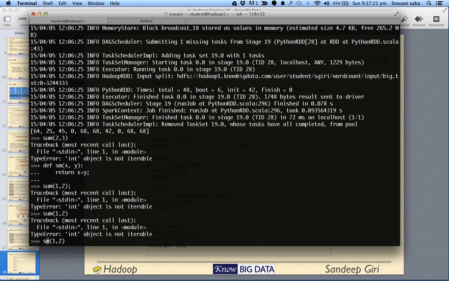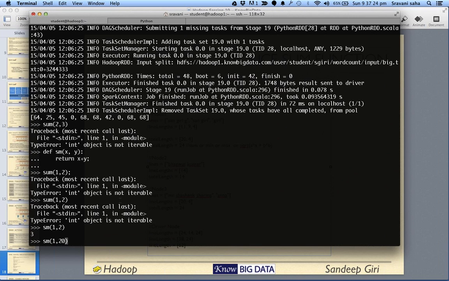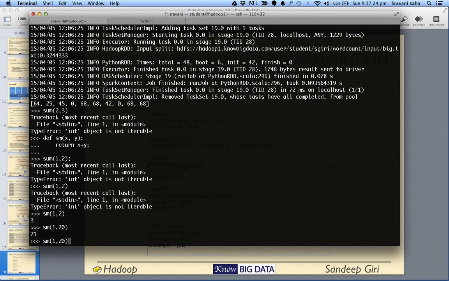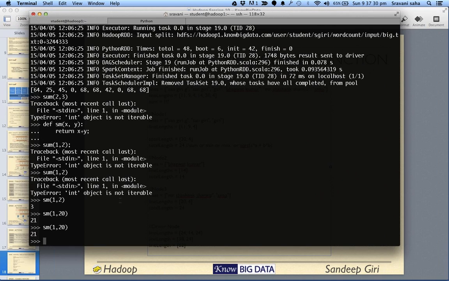So it's taking two values and summing them up. That's all. Now this is a valid combiner or valid reducer function here.